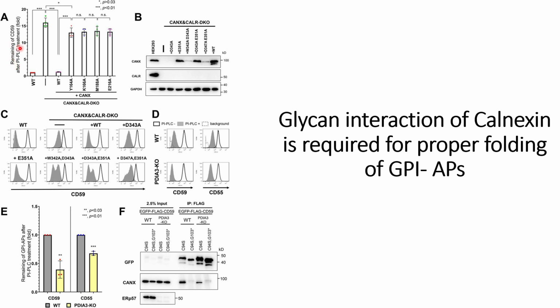And what this PI-PLC does is that it can clip off these mature GPI-APs, or properly folded GPI-APs. However, immature GPI-APs that are expressed on the cell surface will not be cleaved by this PI-PLC. So what they found is that in all the four mutations, they see the clipping off of these GPI-APs, in this case the CD59 they checked,